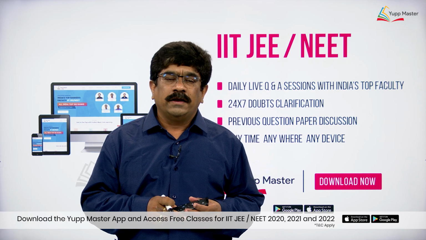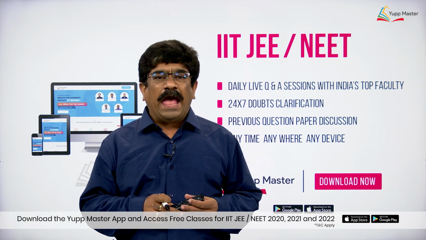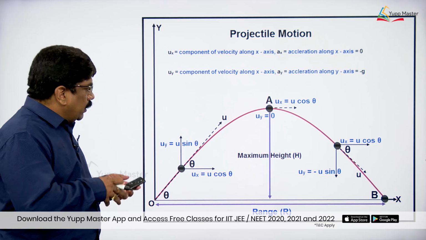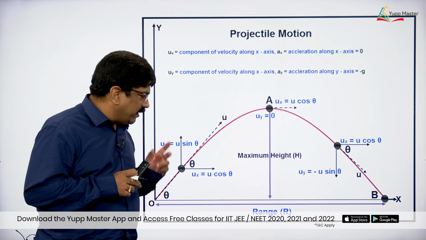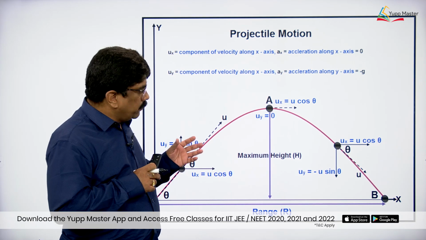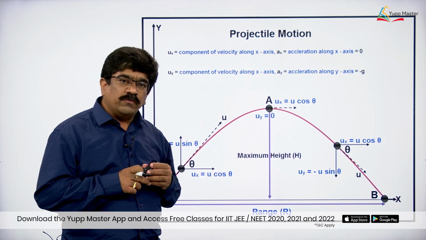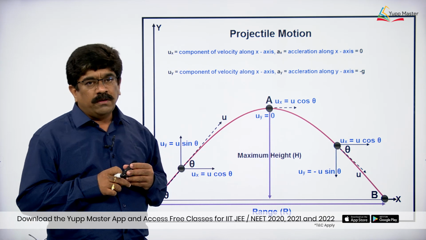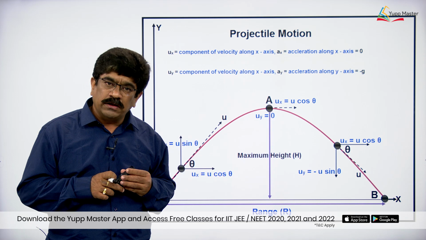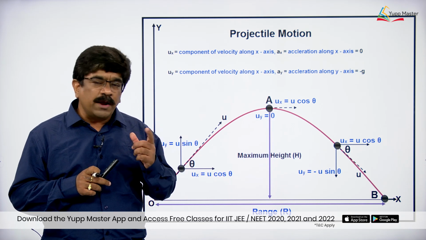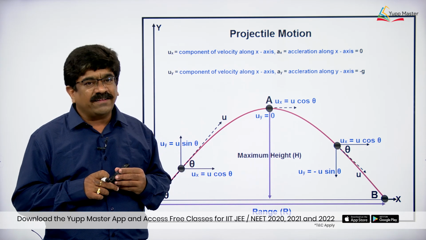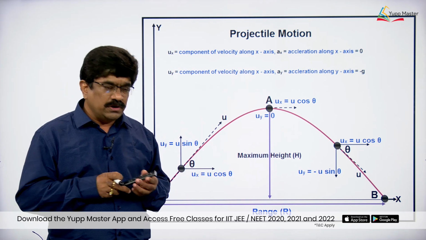Hello students, here we are discussing the average velocity of a projectile. If we look at a projectile, there are two things we have to remember. Number one, projectile motion is an example of planar motion, where it consists of two components of velocity, the x component and the y component. The second point is that, throughout the motion of a projectile, acceleration remains constant.